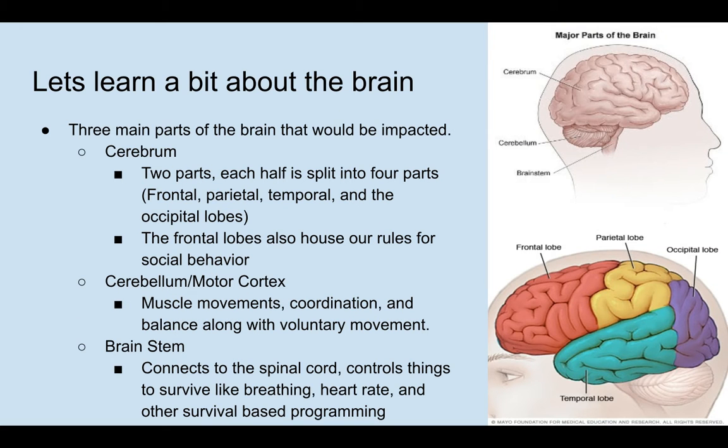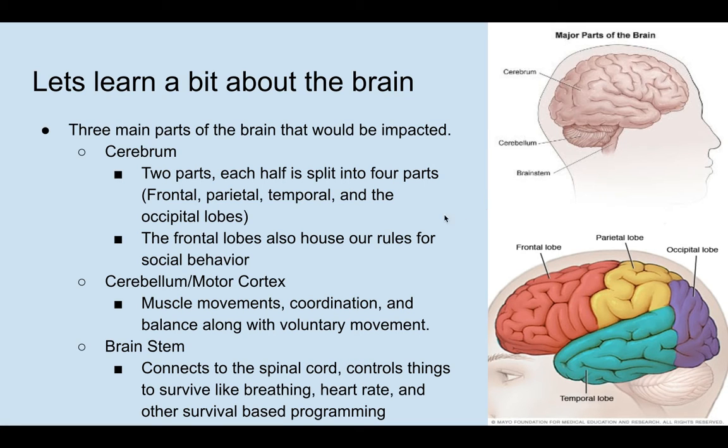All right. So, first we're going to learn a little bit about the brain. The three main parts of the brain that would be impacted are the cerebrum, the cerebellum, and the brainstem. The cerebrum is split into two parts, the left and the right hemisphere. And each half is split into four parts: the frontal, the parietal, the temporal, and the occipital lobes.